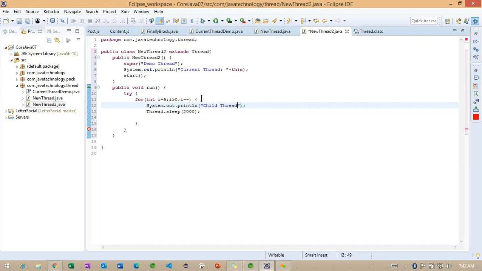So this is the child thread, with which I want to print the i value. And what exception are we going to get? InterruptedException.